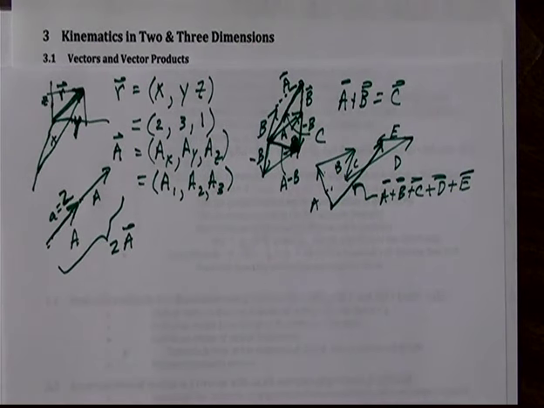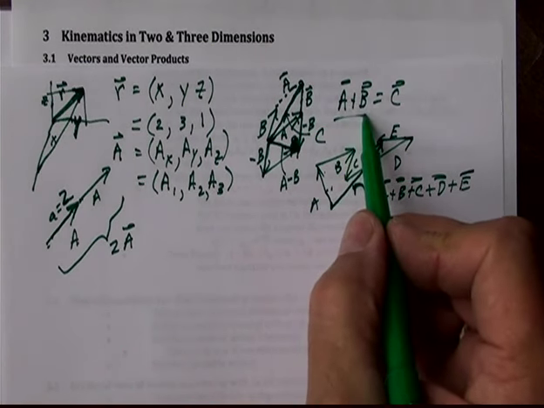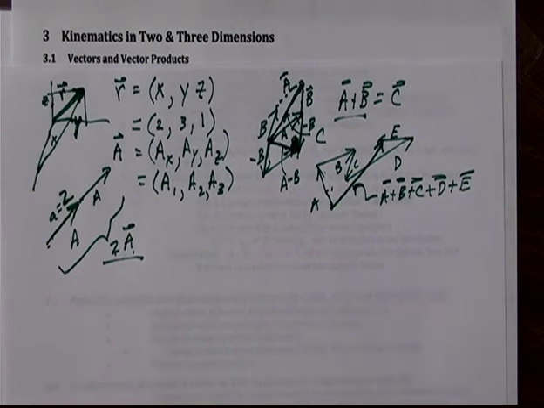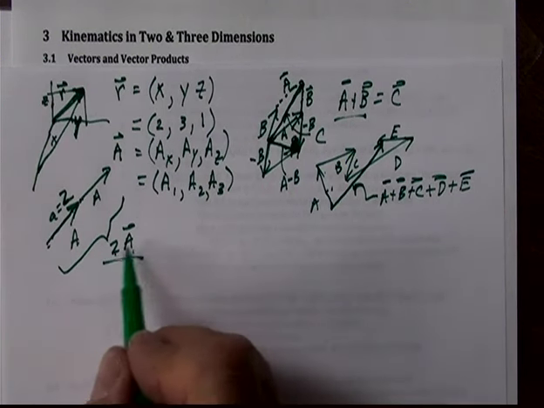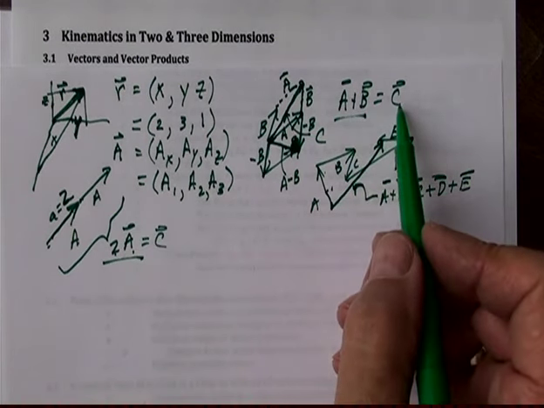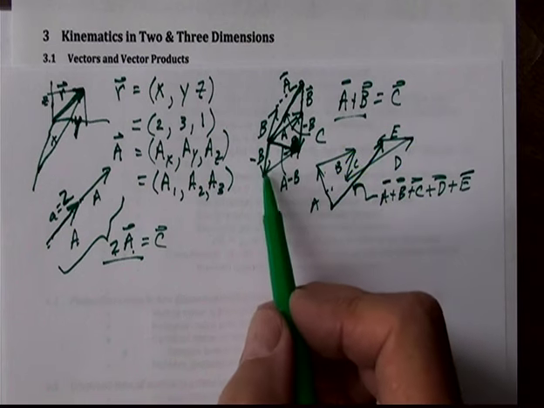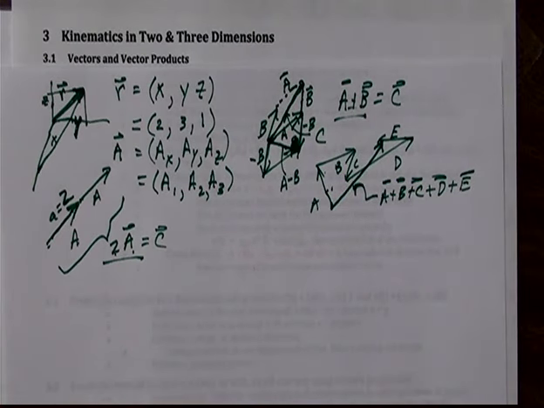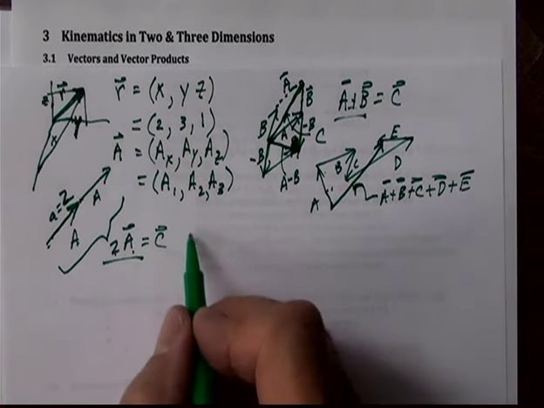So altogether now, we have two operations that we can perform. One is the addition of two vectors. The other is the multiplication of a vector by a number. And when we have those and they close, in other words, 2a is still a vector in the space, and a plus b is a vector in the space, and a negative of a vector is in the opposite direction as I just described, so I could have a minus b, then we call this a linear